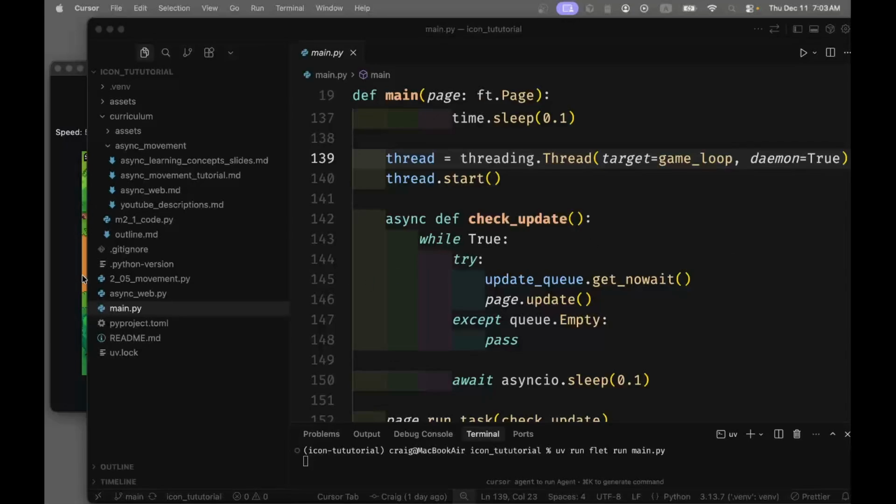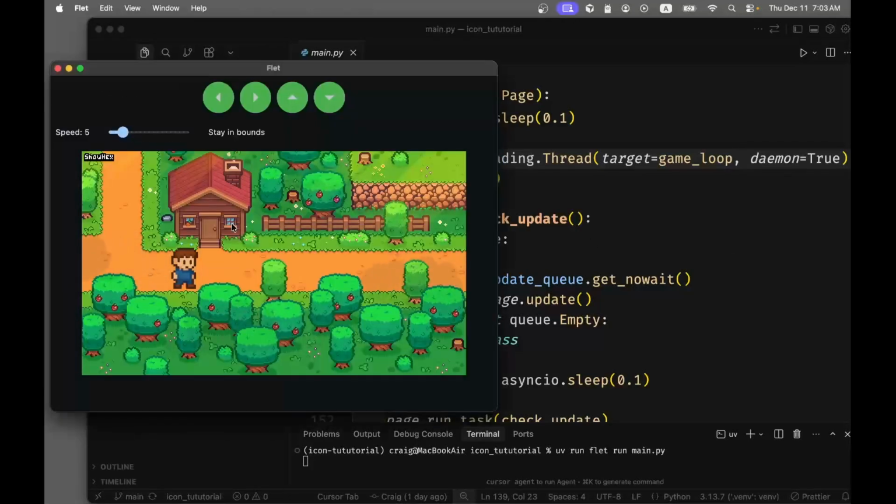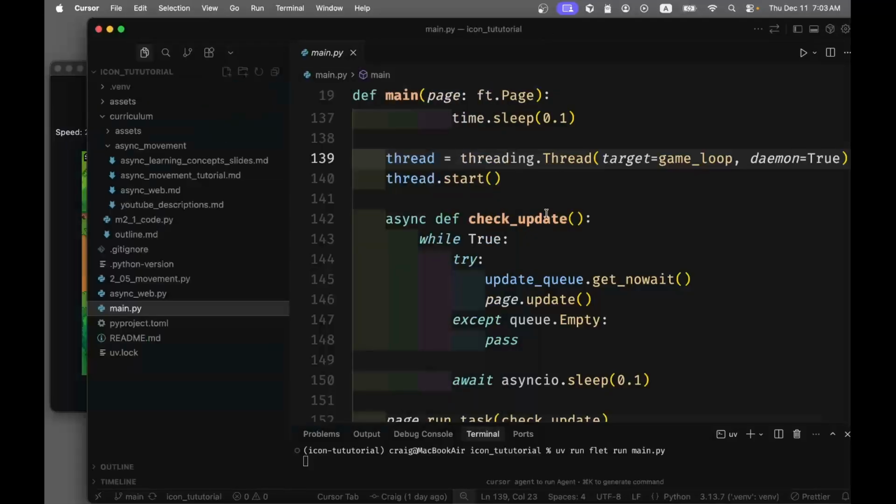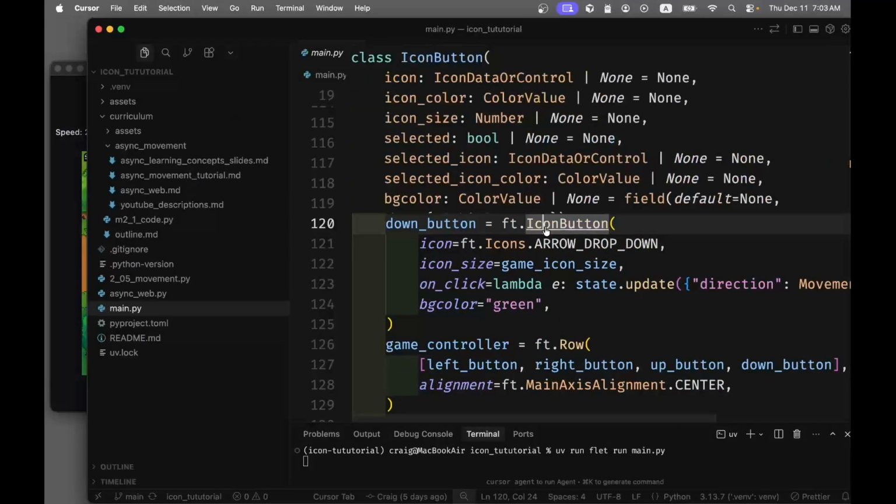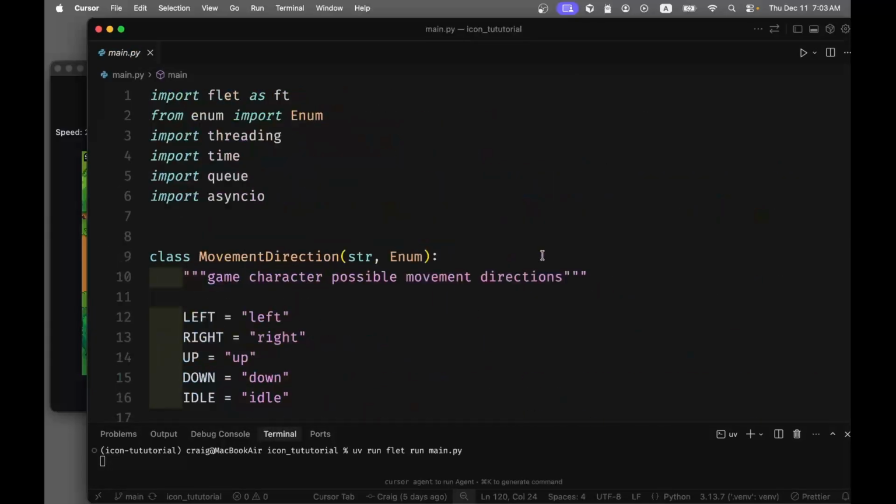Welcome back. At the end of our last tutorial, we have our character Corey, and the controls work using async communication. We can also adjust the speed as he's moving, and there's bounds detection. We achieve this at the top, using threading, queue, and time.sleep so that the frames come out at a